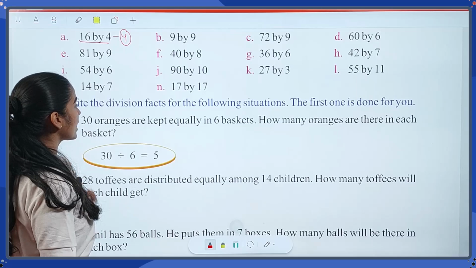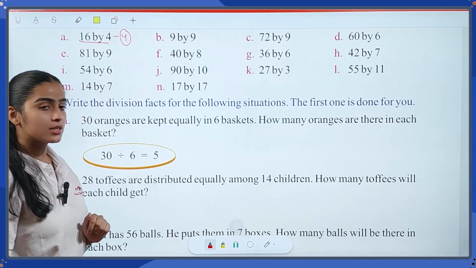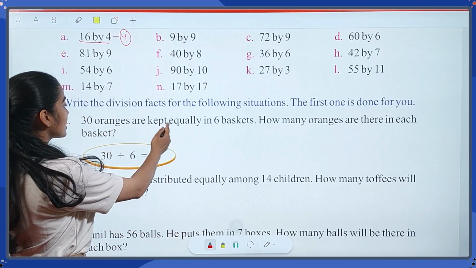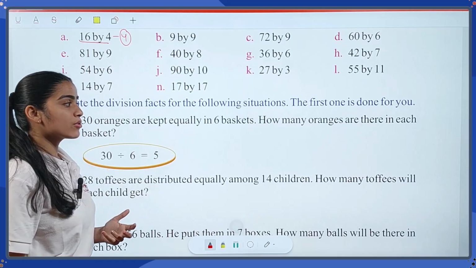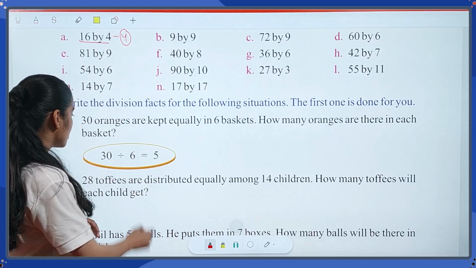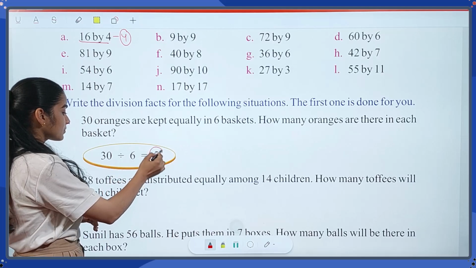Write the division facts for the following situations. The first one is done for you. 30 oranges are kept equally in 6 baskets. How many oranges are there in each basket? So 30 divided by 6 is 5. Now